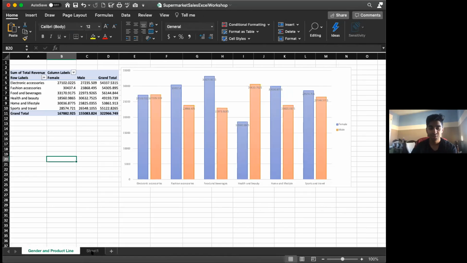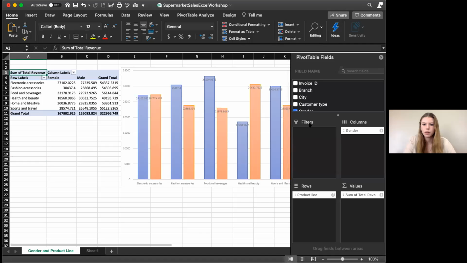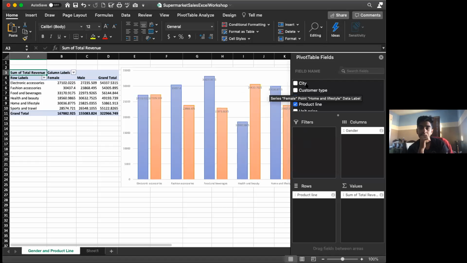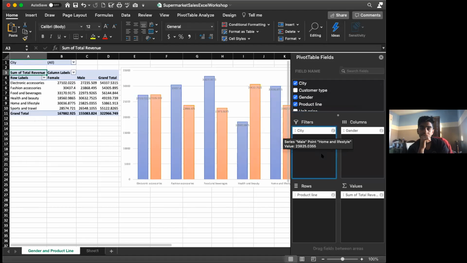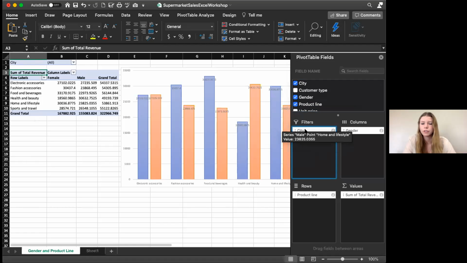I'm sorry, I had a quick question. I saw that in the fields thing, there was a filter thing. What does filter do? Let me pull it up. So filters is basically, let's just try one. To be honest, I've never used filters, so I'm not 100% sure. I believe what it does is